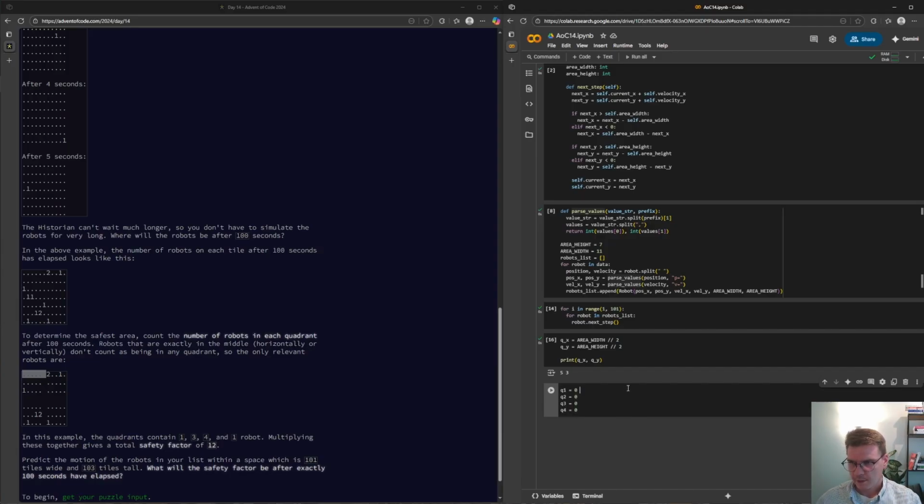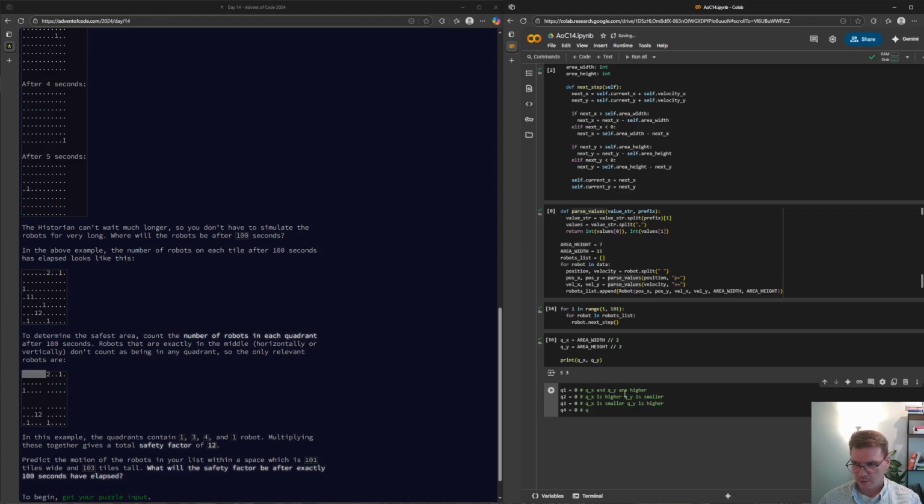So q1 would be effectively that qx and qy are higher, and then in this case it would be qx is higher, qy is smaller, and then here qx is smaller, qy is higher.